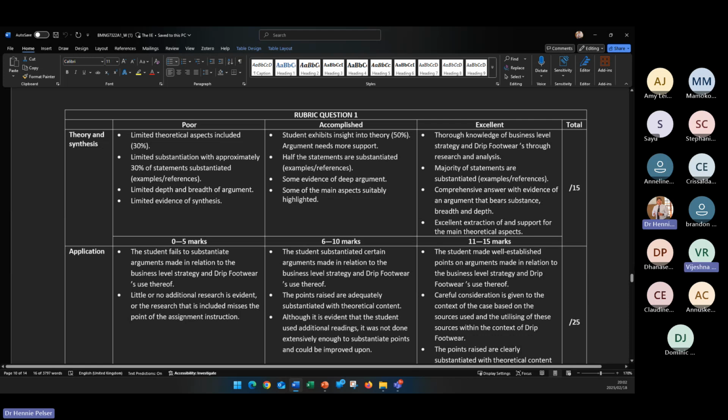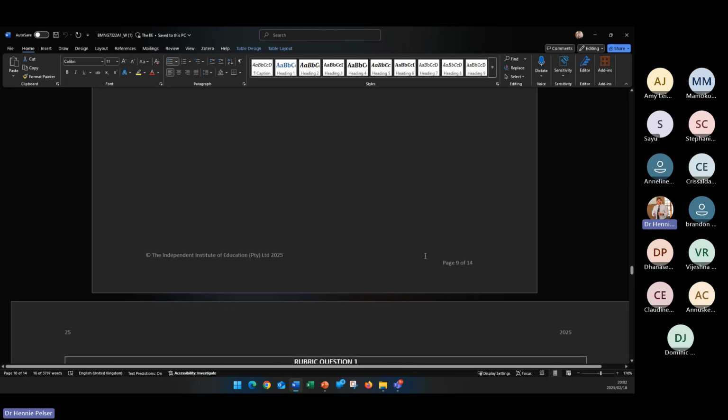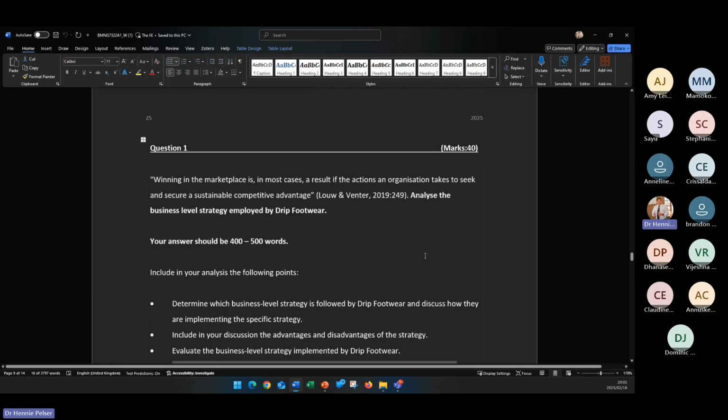It's a tough one, but stay within the word count, guys, because the moment you go beyond, yeah, concise, but not so concise that you're not answering the question. The moment you go beyond the word count, people start building in and it becomes waffle and nonsense like that. But there has to be some editing. Yeah, 400 to 500 words.